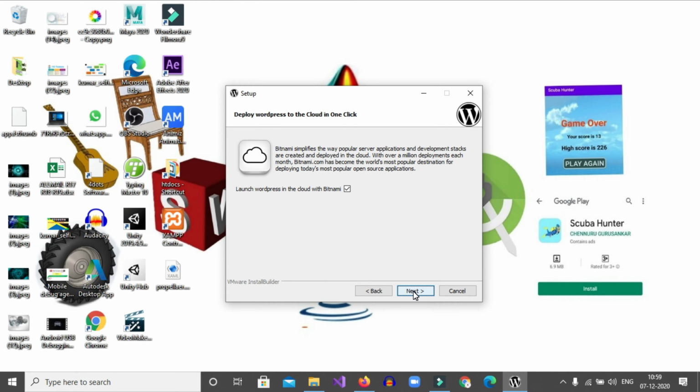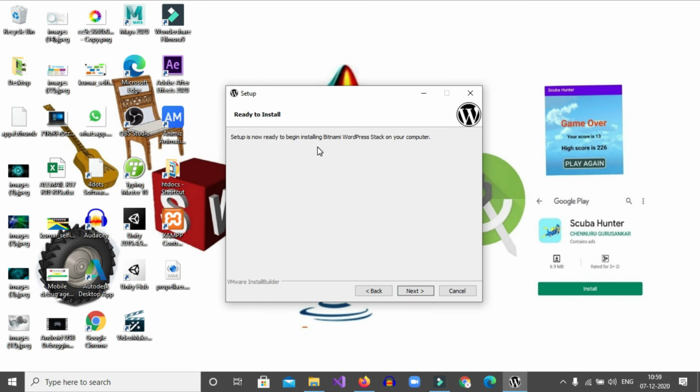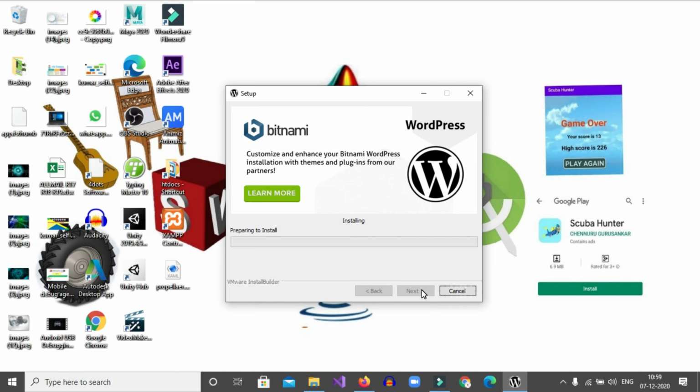So everything is ready. Here you can observe Ready to install. If you click on Next, it will install on our computer. Wait a while to complete this process. It will take some time. In the middle of installation, it may ask for some permissions. Simply click on Allow.